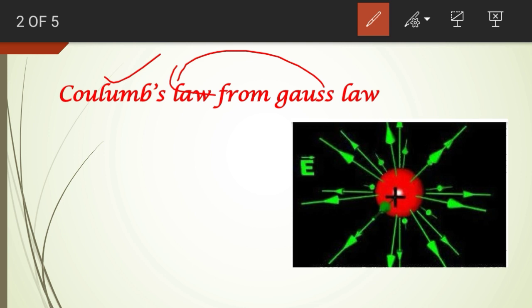So let's start with a simple charge. There must be some lines of force. How many lines of force, I have already made clear to you, it is q divided by epsilon 0. A charge q radiates q divided by epsilon 0 number of lines of force. Now, in order to count all the lines of force into flux, I shall consider that every line of force must hit the surface perpendicularly. That's why I choose a spherical surface. I have already explained this.